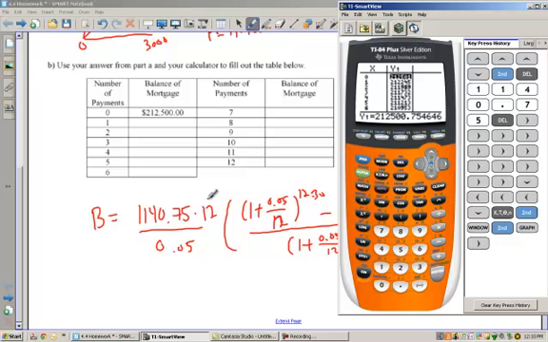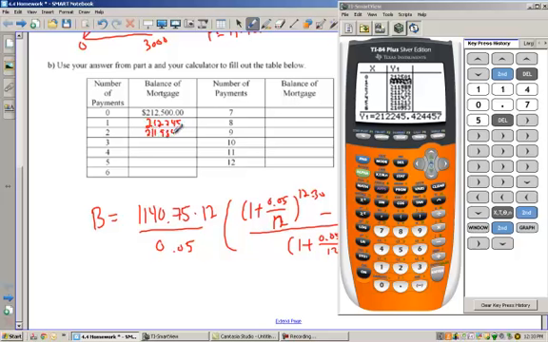So just fill this in, and you can fill in the exact value. You can do it up to decimals if you want by highlighting it, but I don't really care. I just want you guys to get the idea, right? Plug a formula into your calculator, and be able to find a table. So 212,245, and then